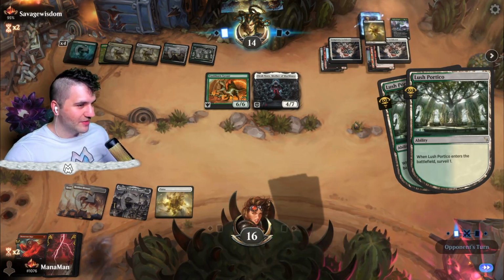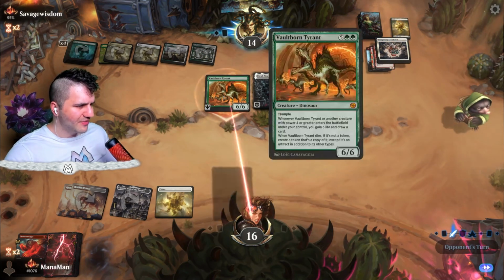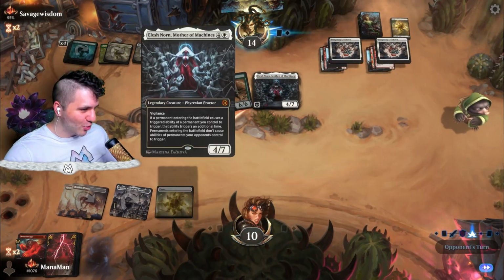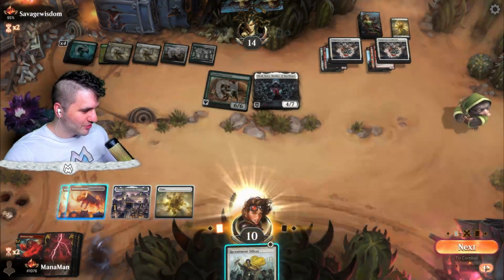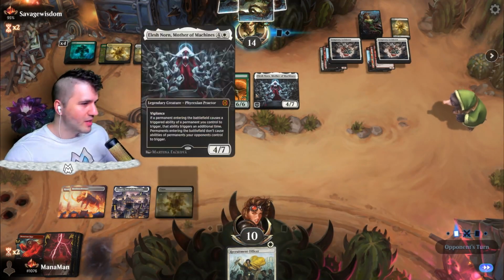I'm just gonna let them play this out. Just for funsies. They deserve it. If you have an Elish Norn and a Voltborn Tyrant, you absolutely deserve it. Let's just go ahead and pass. I mean, the game's absolutely, unequivocally over. So let's just go ahead and let them...